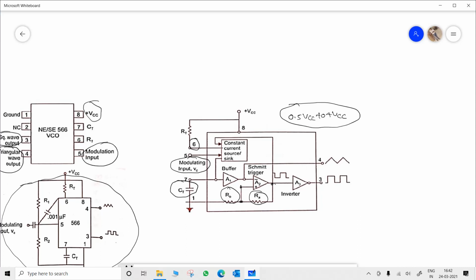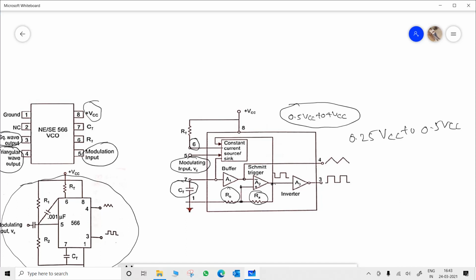So if this voltage is known, you know that the capacitor voltage will be the same. All I want to convey is that the capacitor voltage is now going to vary between 0.25 VCC and 0.5 VCC. Because we have a constant current, either a charging current or a discharging current, both have constant magnitude. The time for charging and the time for discharging will thus be identical,